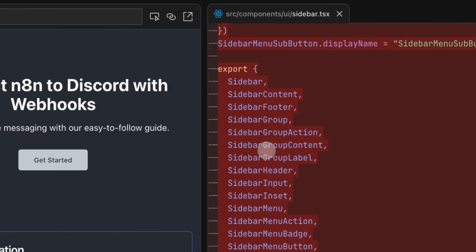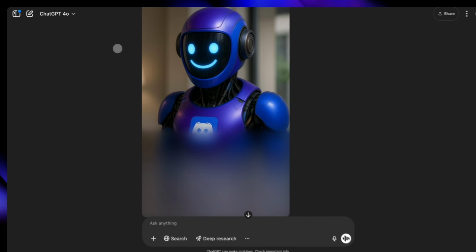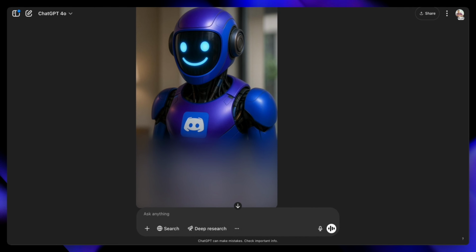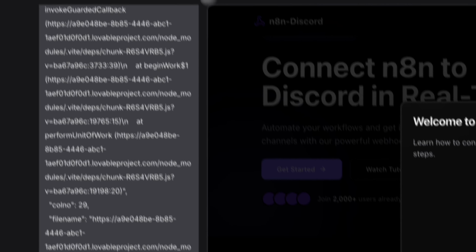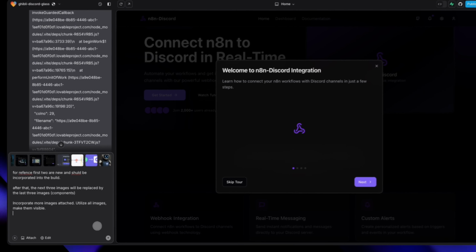ChatGPT is making me some cool Discord robots from my Lovable page that is now taking off. And I'm not saying don't put your money on Tempo either. And I'm not saying don't put your money on Firebase, mainly because it's free. So don't put your money on Firebase, but definitely put some money on Lovable. Put some money on Tempo too. I love Tempo. If I had more time to experiment with it in this video, and I've been asked to build some Tempo stuff out, so maybe show everybody what I've been working on.